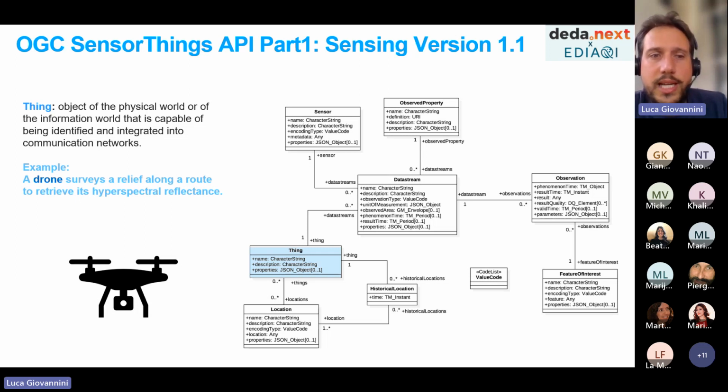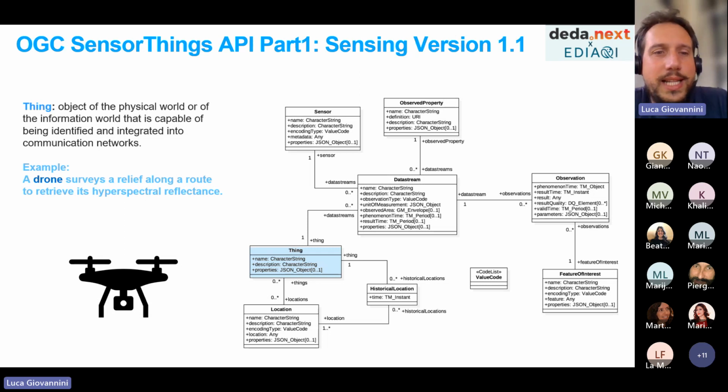The drone is connected to the hyperspectral sensor, and it's also connected via, I don't know, GPRS, I guess, to the network.